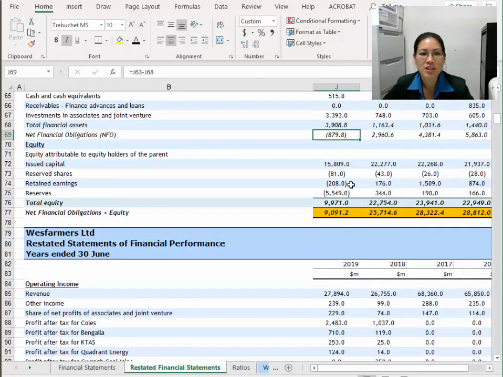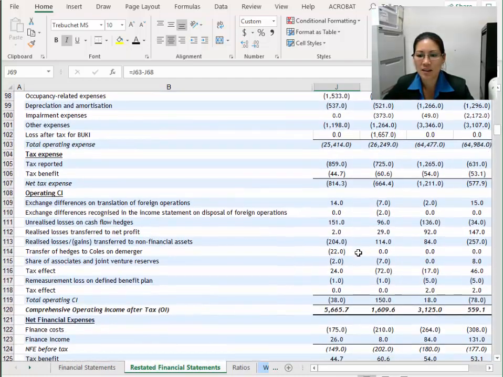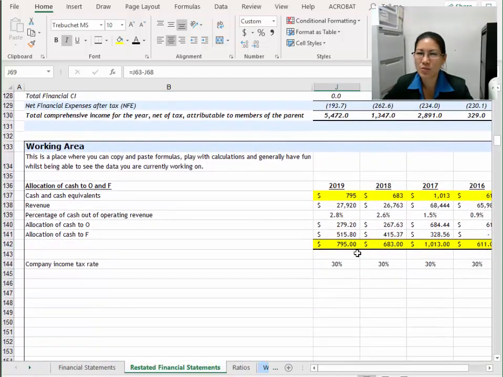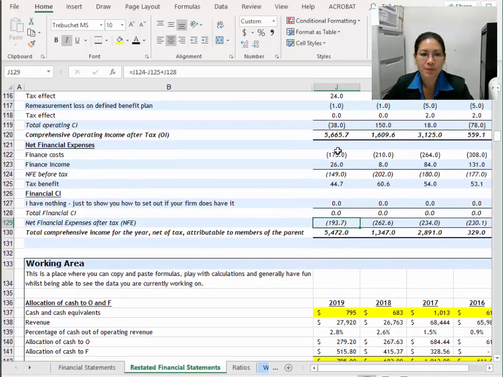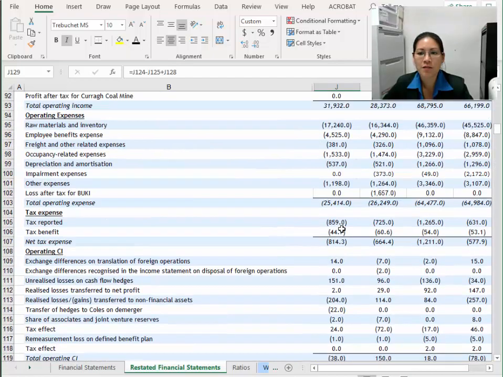So what I'm trying to compare in 2019 is a little bit silly and it doesn't make much sense for my company. So actually go and look at your figures. I'm trying to compare paying interest of 193.7, which is the difference between my finance cost for that year, my finance income, and taking away my tax benefit. So that's my interest costs. I'm trying to compare that figure to